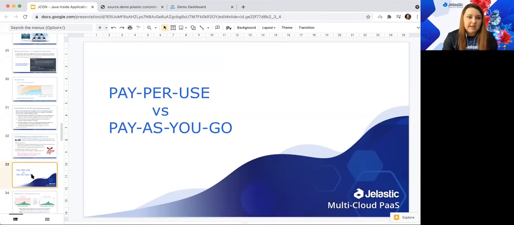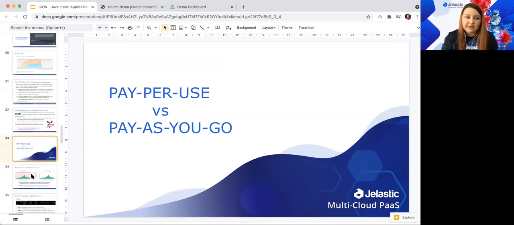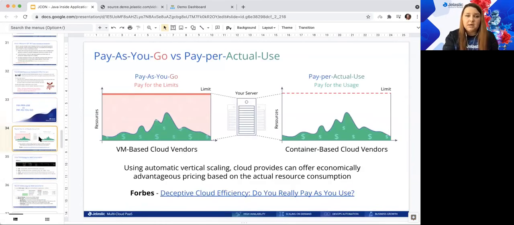So I would like to highlight the difference between the pay-per-use and pay-as-you-go system, because pay-as-you-go is rather popular among cloud vendors right now, but you need to realize the difference, and you need to realize that pay-as-you-go is not really pay for what you actually use. If you take cloud vendors with a pay-as-you-go system, most of them, and I would say all of them, are